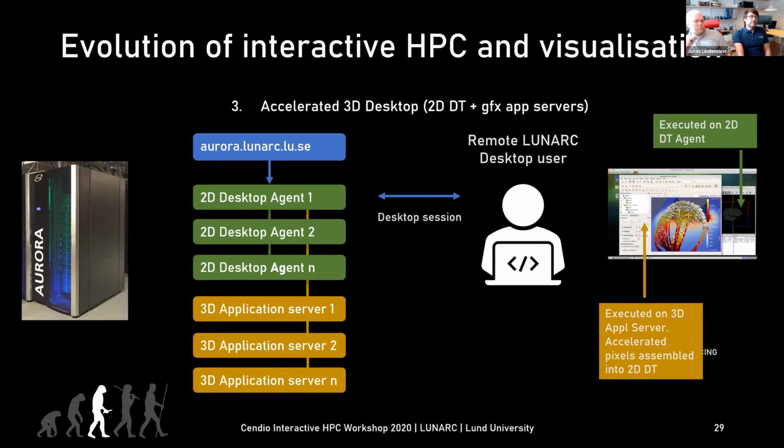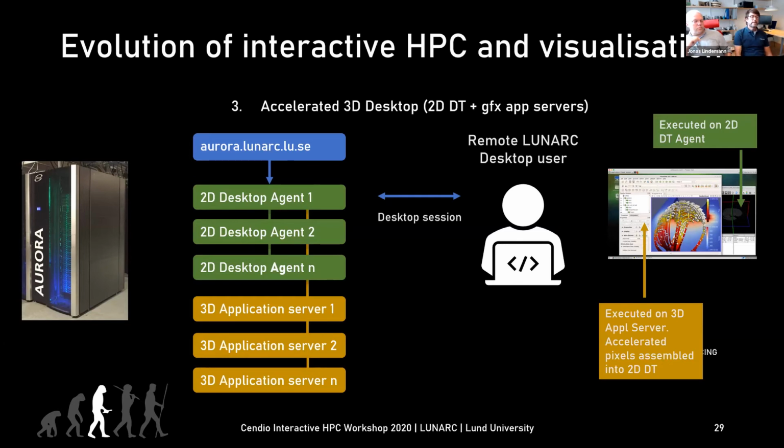So it works like this. We have the same authentication and the same agent setup. And when a user starts a specific app, that specific app is running on a dedicated application server, and the selection of server depends on the application launch.